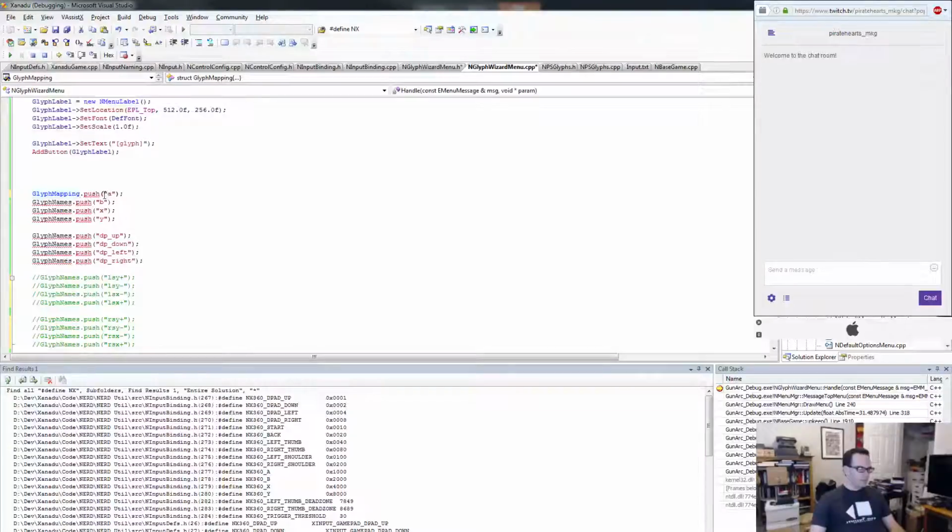So, glyph mapping push. Oops. Mappings. Push. Glyph mapping